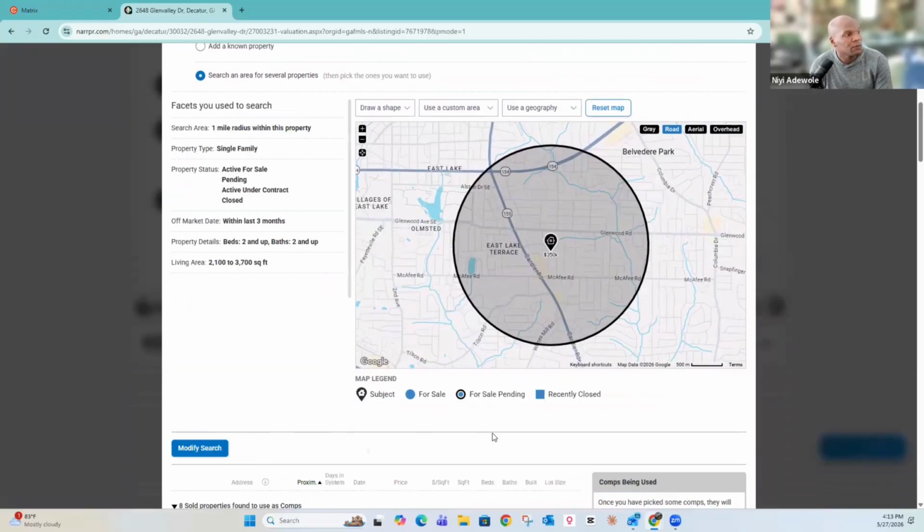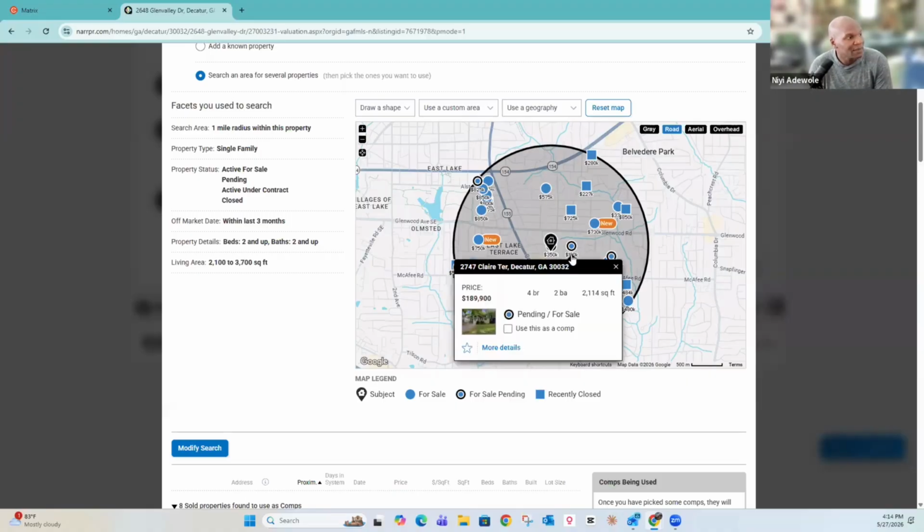So I'm going to search for recently closed in the last 3 months within 1 mile. You do not want to look at the actives. The actives can be deceiving because that's showing you, hey, this property's listed for 575, but it doesn't mean it's selling for 575. What I do like is some of the pendings, right? When I look at some of the pendings, I actually like calling these agents and asking them, hey, how much traffic did you get and things of that nature to understand the demand for an area. And that's stuff that we share with our clients.